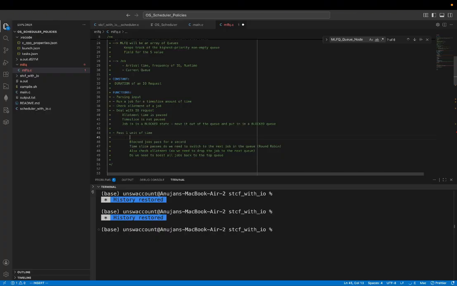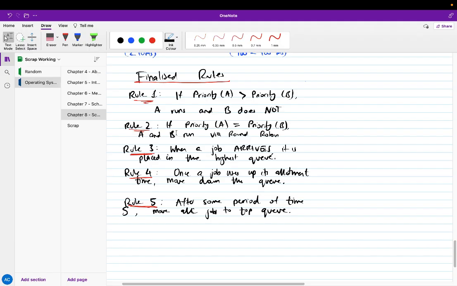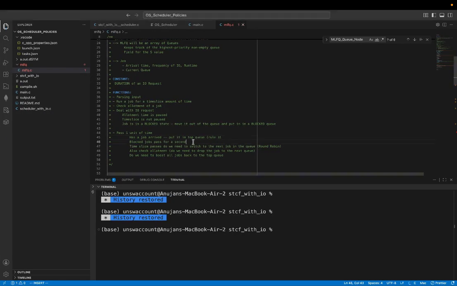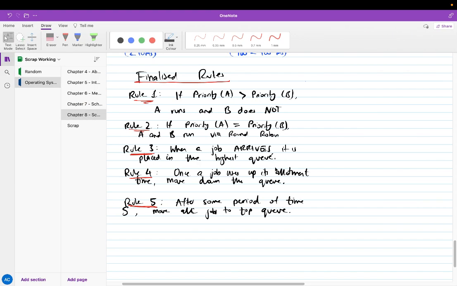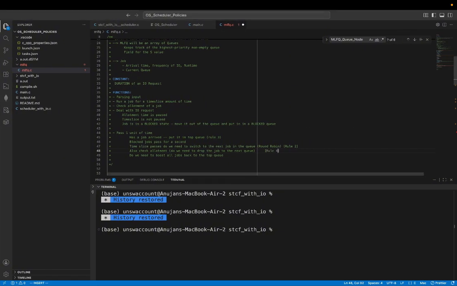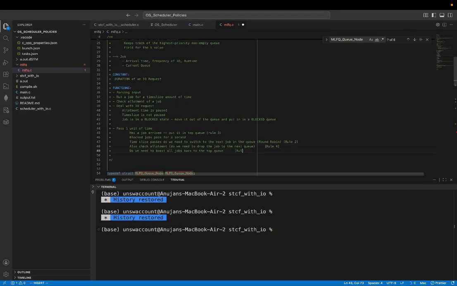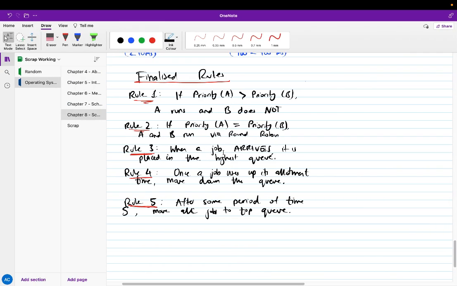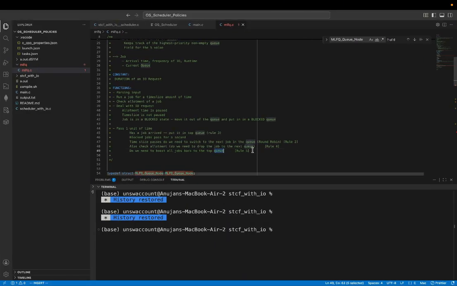Of course. Has a job arrived? Put it in top queue. So this is rule 2, 3. This is rule 3. Block jobs are a thing. This is rule 2. Rule 1 will just sort of happen, I think. I don't think I have to worry about that too much. Also check the allotment. This is rule 4. And this is rule 5. Rule 1 is basically run the job that is